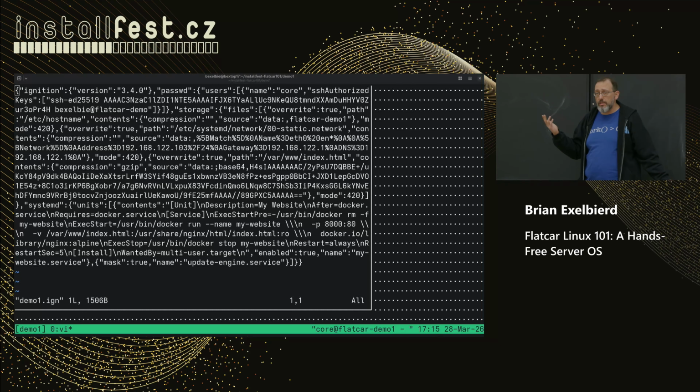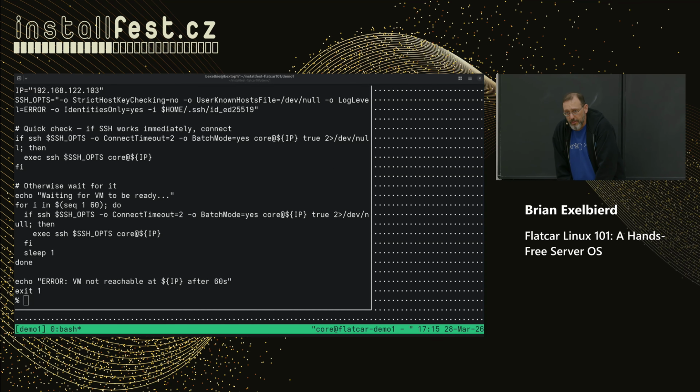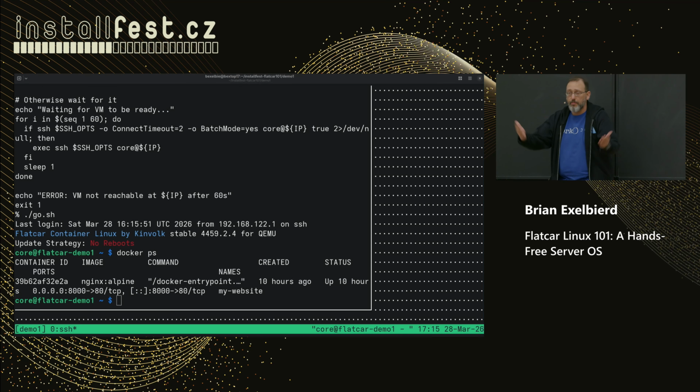Butane, for butane reasons, decided that you get to see the plain text of the systemd unit. Yeah, that happens. I wrote a little shell script so I don't have to remember to type all of these SSH options to get into it. No magic there. I'm in the machine. I forgot to show you that the web server's there, but I hope you believe me. There's a web server running.